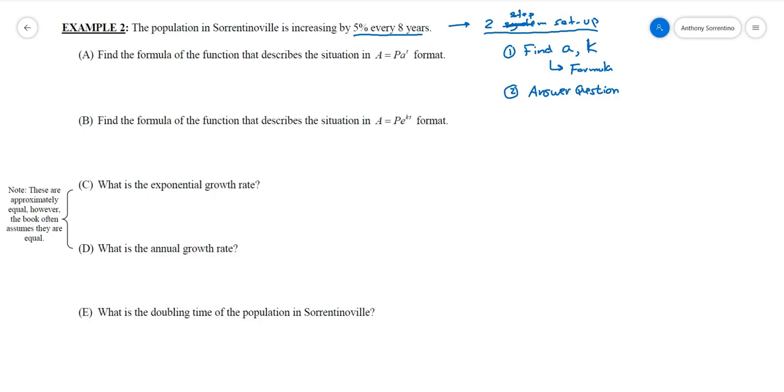So in part A, they say find the formula of the function that describes the situation in A equals P A to the T format. So this is an instance where we're going to need to find out what A is. Now, if this had said 5% per year, then A would have been really simple. A would be 1.05. That works out really nicely. However, again, you have to remember that this isn't the way that it tends to work out very well, because now it's 5% every 8 years. So I actually have to go through a process to figure out what A is